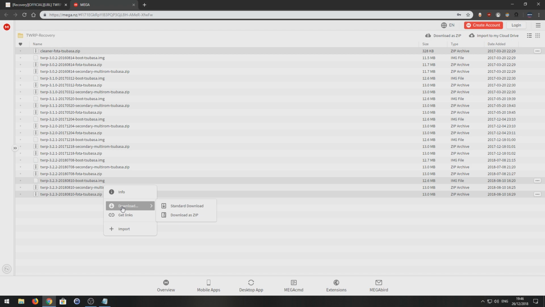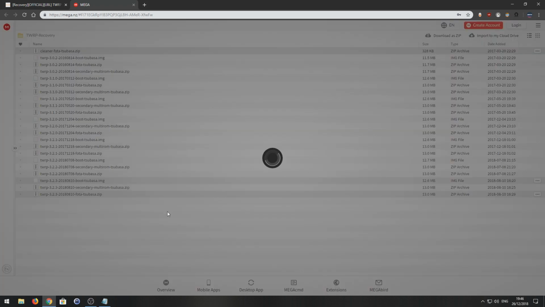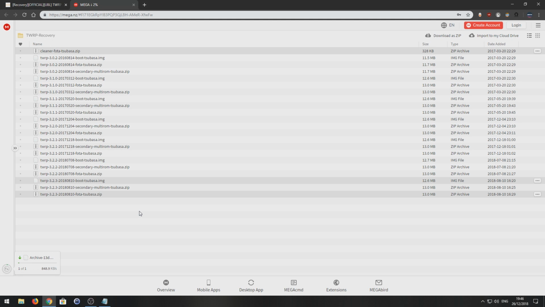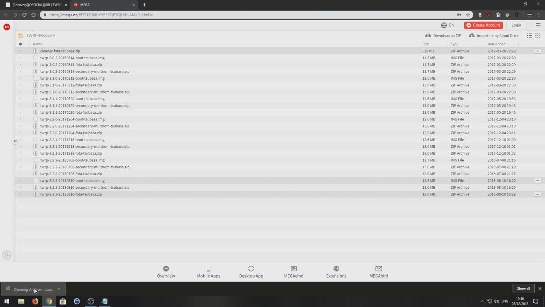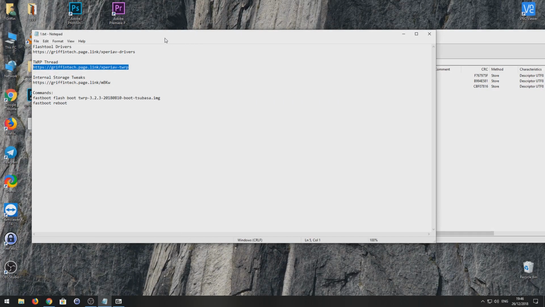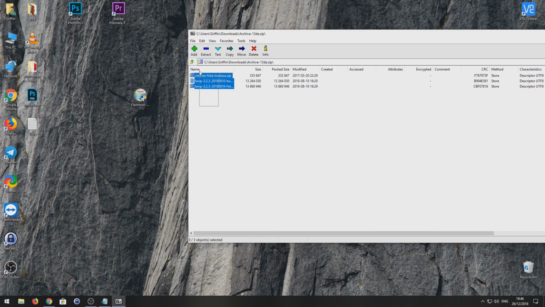So what you need to do is right click, download, and download as zip, so that these 3 files will get downloaded as one archive. Now once this file finishes downloading, what we need to do is flash the img file as the boot img, as it says right here. So once that finishes, now that it's finished, what we need to do is copy these 3 files to the desktop, and I